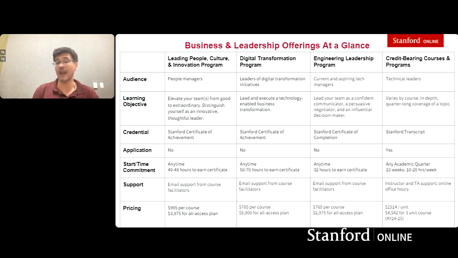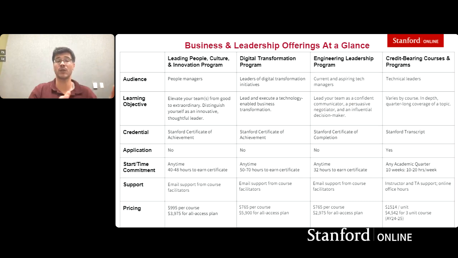I would encourage you right now, if you're thinking about any of these programs, to go to online.stanford.edu. You can click on some of the links right there in your dashboard and explore what those offerings are. Maybe you came here from business and leadership, but you're discovering there's something else you're interested in. We have a huge variety of topics available. Stanford Online is the gateway into all the online programs available at Stanford.